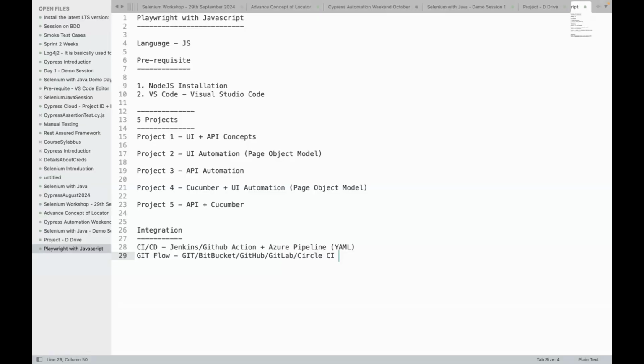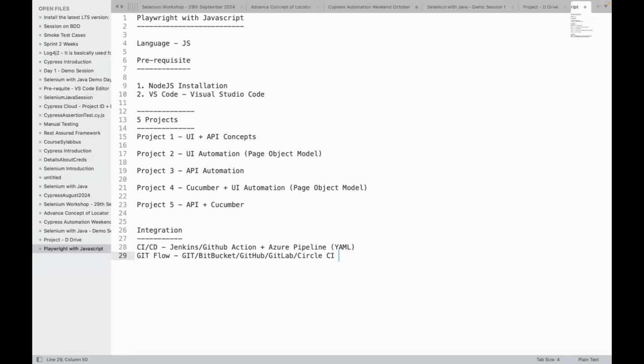Our complete focus will be on Git flow, guys. We will have a detailed understanding of the Git flow: what the various commands are that you need to consider when it comes to pushing your changes, taking the pull from the repository, how we resolve conflicts when they arise, and how we handle the branches.